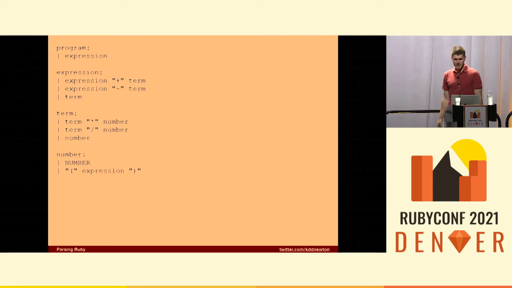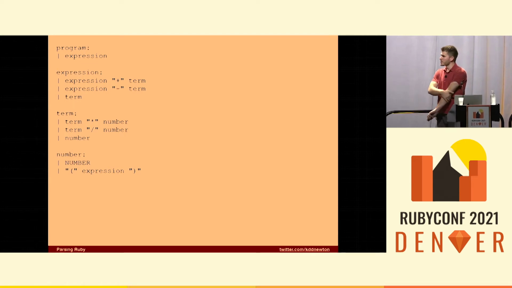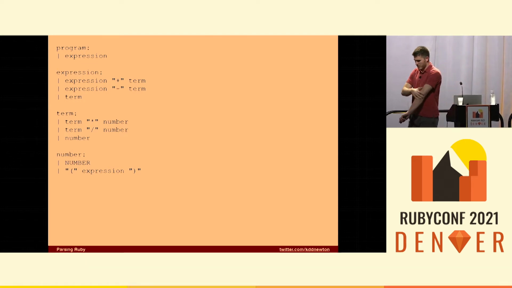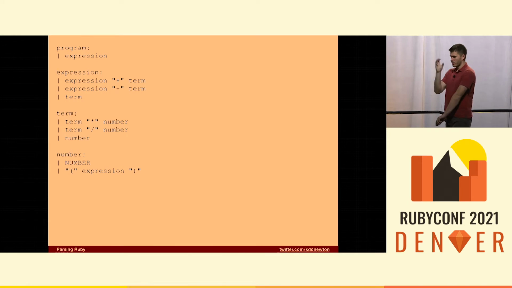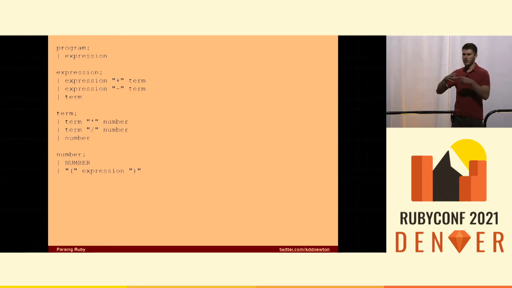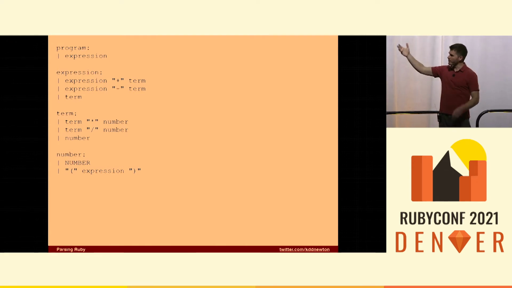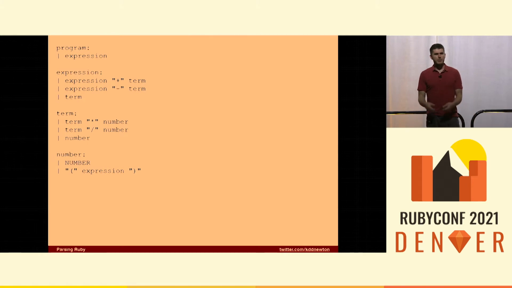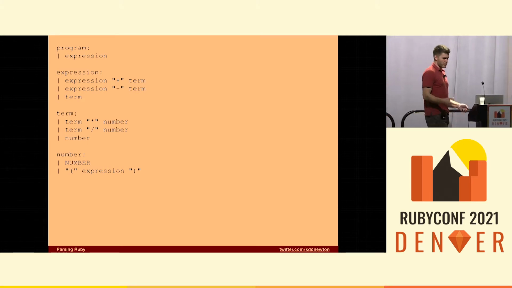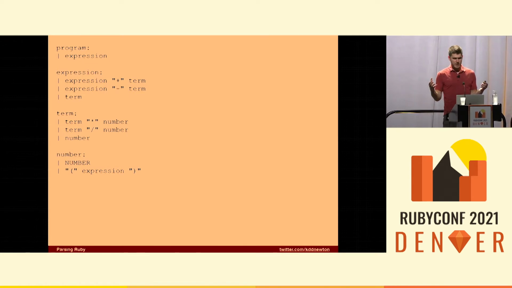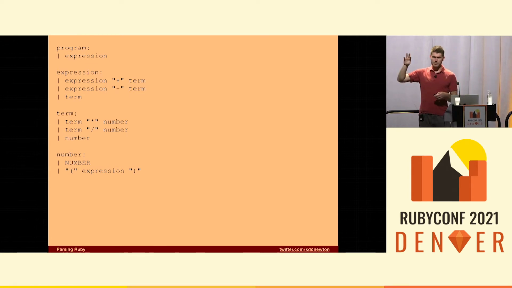The last thing we want to add is parentheses. This one's a little fun. Any single token or symbol in this language can be made into an overall program, because you see a program is equal to expression by wrapping it in parentheses. So you can put it anywhere in our language, all of a sudden we support parentheses. This is our grammar. This is what we're going to use throughout this presentation to understand this language, to build on top of it.